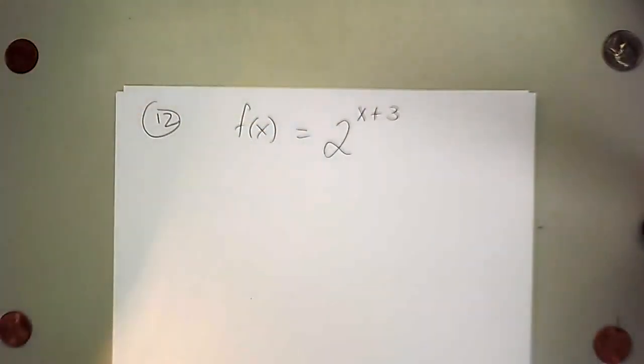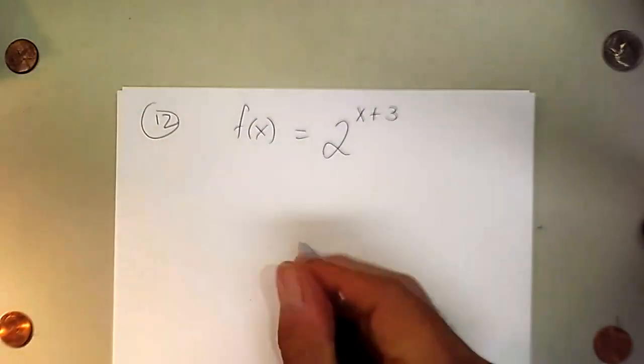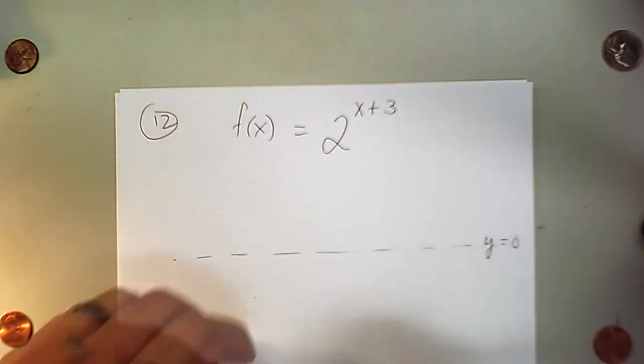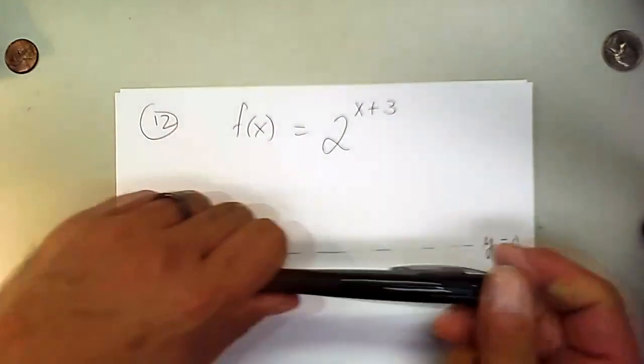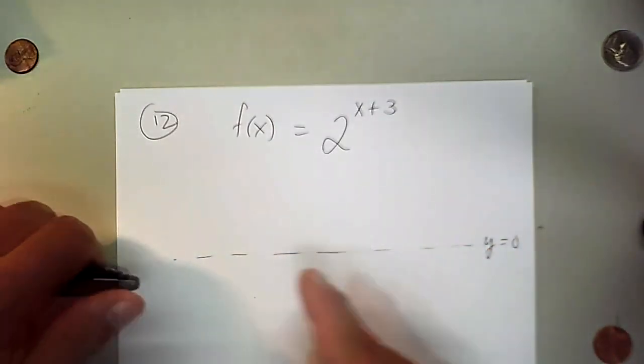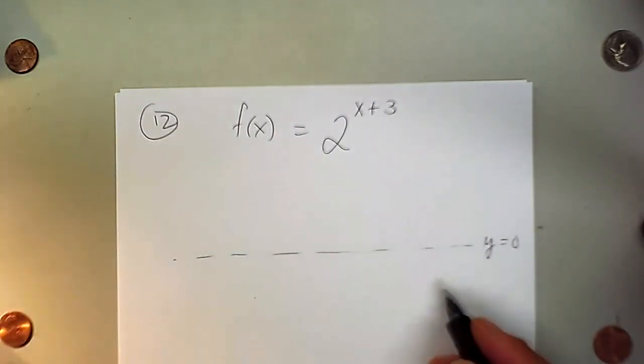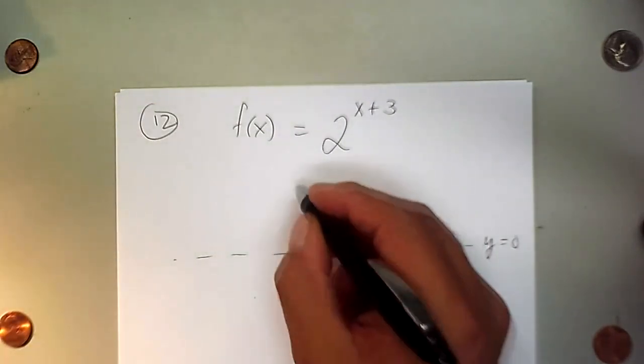So the horizontal asymptote is not going to change. It is still going to be y equals 0, because you're pulling it this way, and there's more of it as you pull. They just keep going on and on forever. So you pull it, and it's still the same line. What changes